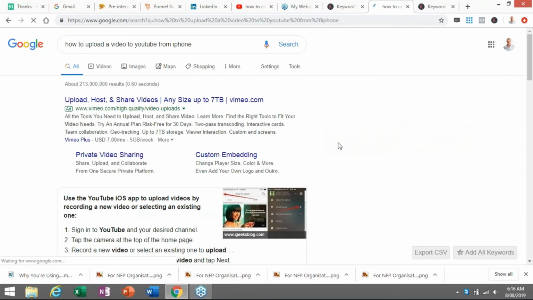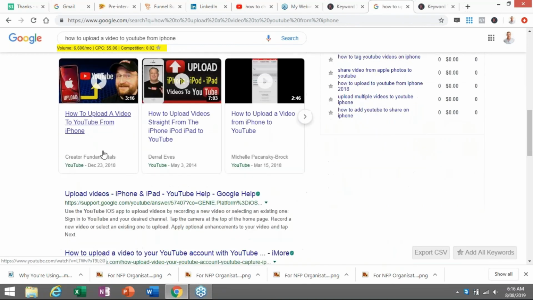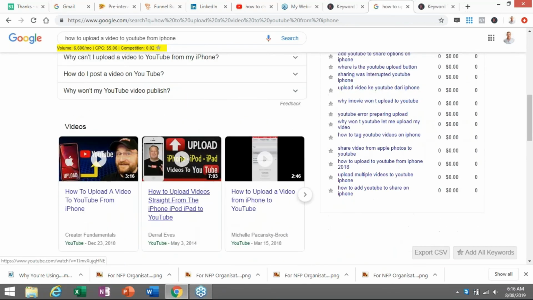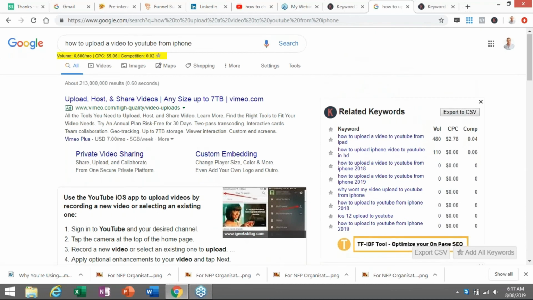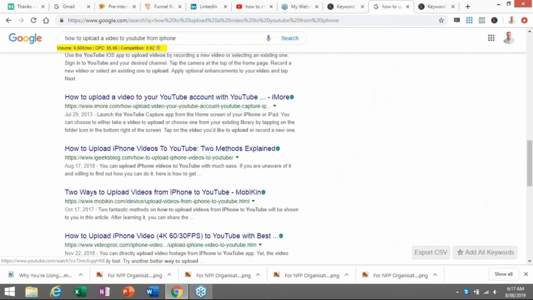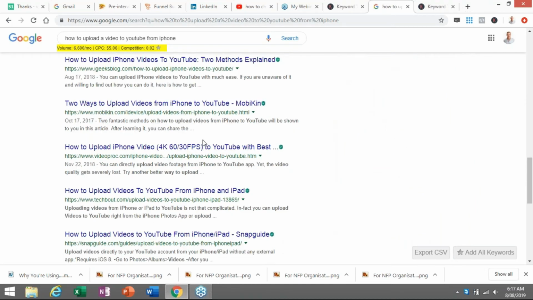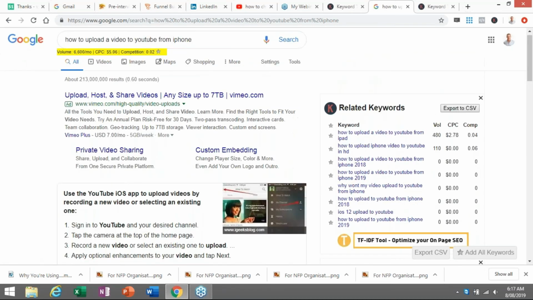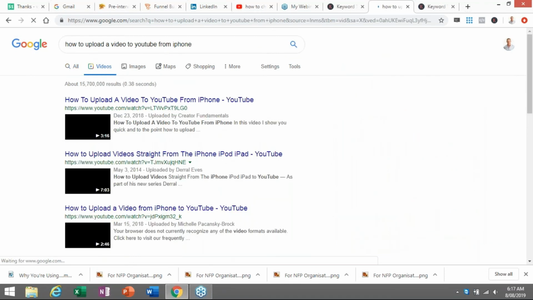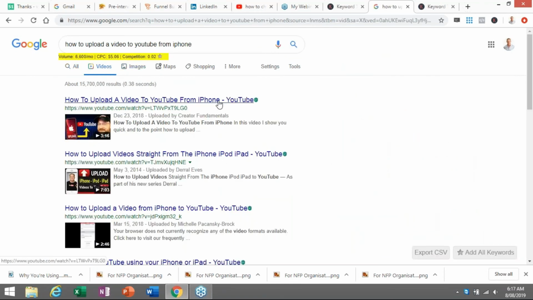And amongst that, of course, it's going to bring me up some videos front and center. Google own YouTube, so they were increasingly pushing out YouTube videos for you to watch. And they're here right at the top of this search results. I could also click on videos here, and it will then show me how to upload a video to YouTube from iPhone. So the number one